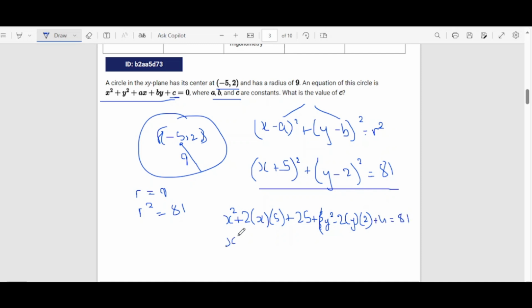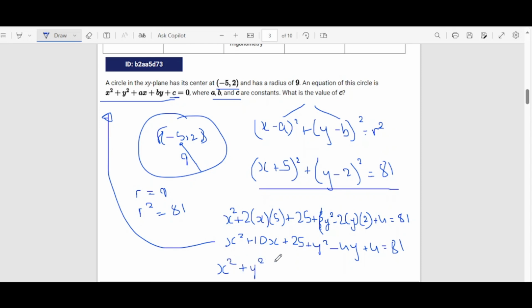Let's just simplify. x² + 10x + 25 + y² − 4y + 4 = 81. Simplifying it further, we have to bring this equation to this form so that we can compare c with our constant. Here it will come x² + y² + 10x − 4y, and adding the constants, 25 plus 4 gives us 29, plus 29, and this 81 will come at this side